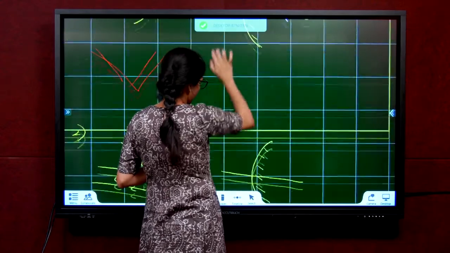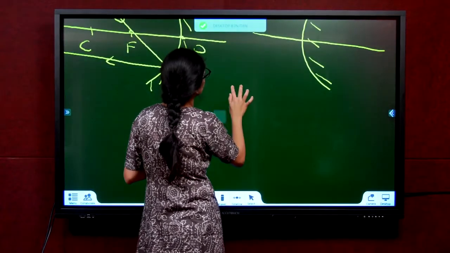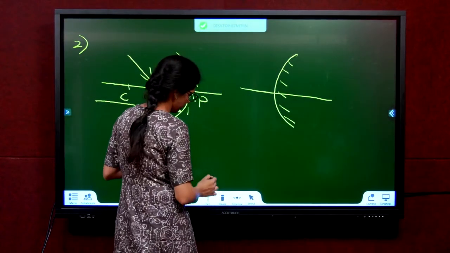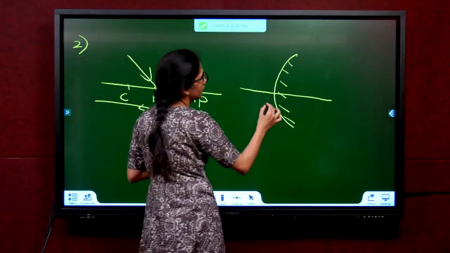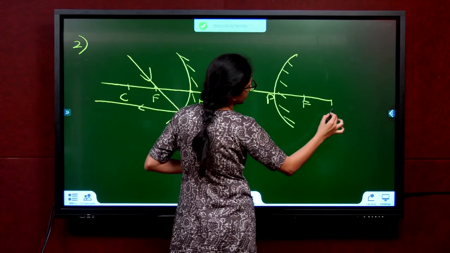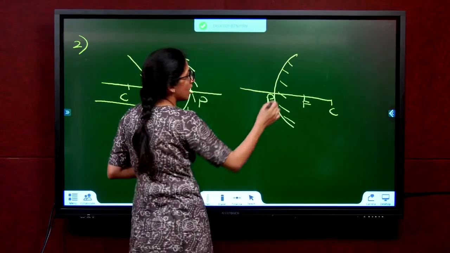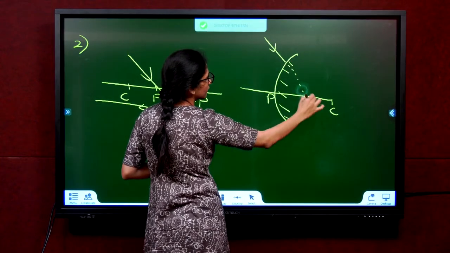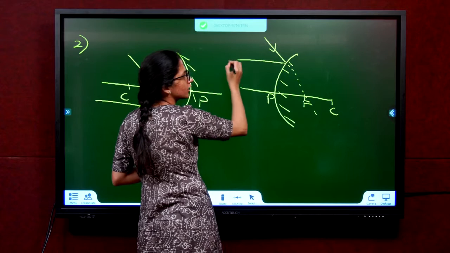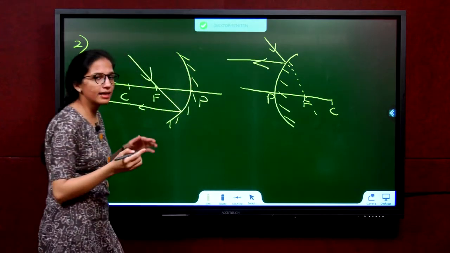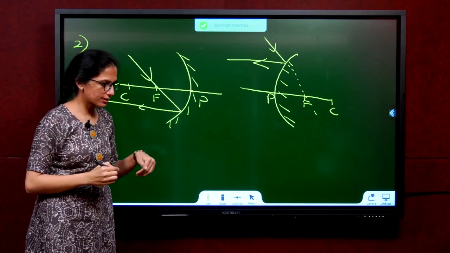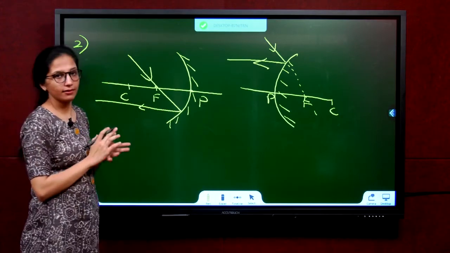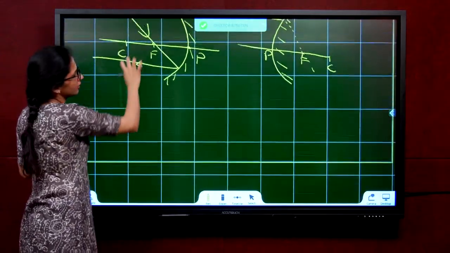Okay. So now you have the pole, focus and center of curvature. If the ray appears to pass through the focus, then after reflection, it comes out parallel. It's the reverse of the earlier case. Parallel through focus becomes focus and then parallel. I hope the two cases are clear. Coming to the third case.